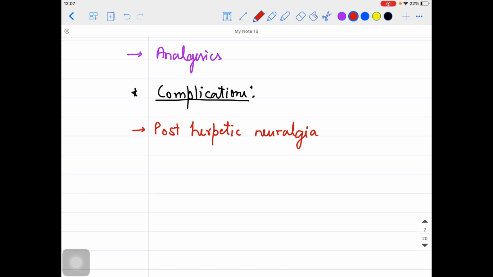Then there can be fetal complications. If the mother had herpes zoster, the baby might have complications, for example blindness in some lethal cases, or limb hypoplasia, but these are rare. Other than that, if the person had herpes zoster ophthalmicus, then vision loss can be there. Corneal anesthesia can be there, as I said, if the vesicle is present over the tip or side of the nose. Keratitis can be there further.